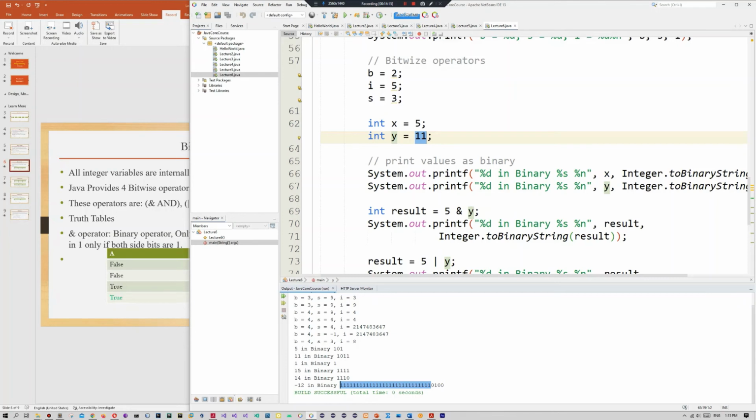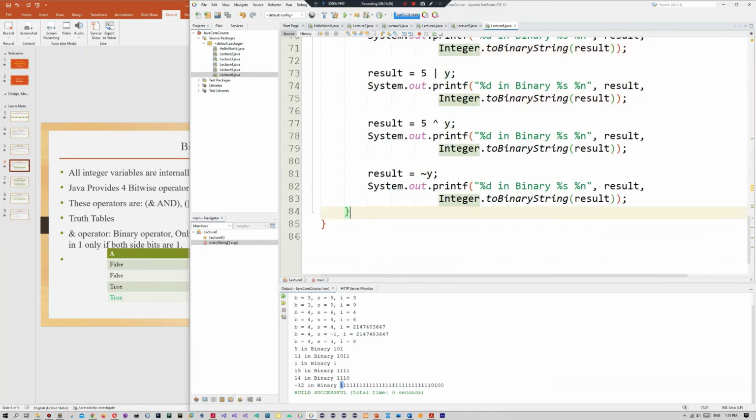So they are converted to 1s. And this is the sign bit. Sign bit is for the negative number. So it becomes minus 12. Okay. Now